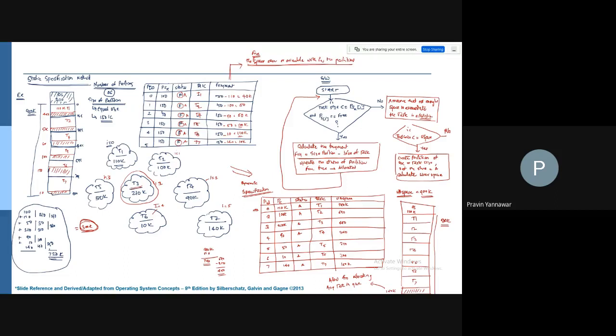So the benefit or advantage is that this maximizes utilization of memory.